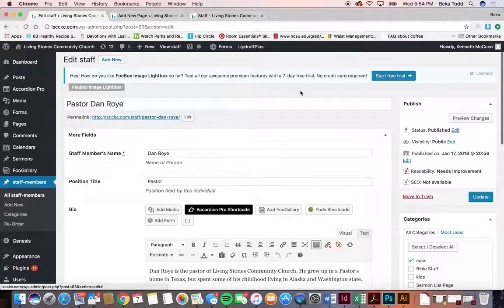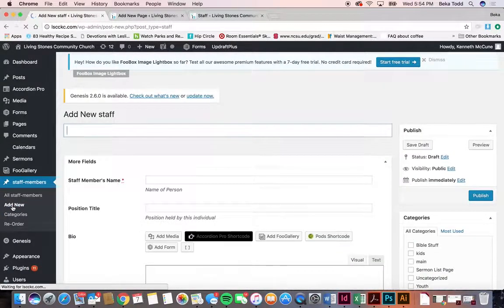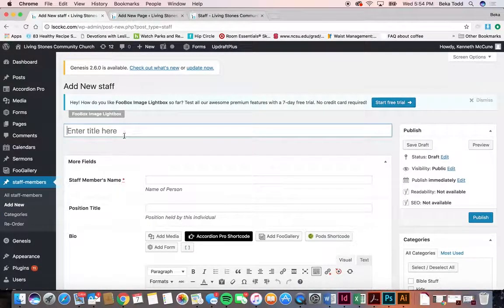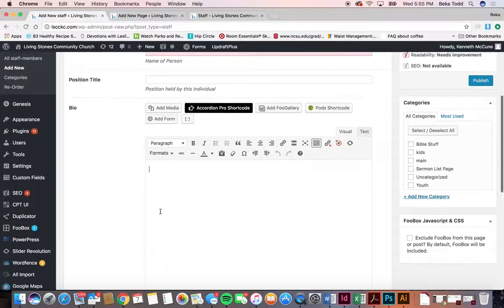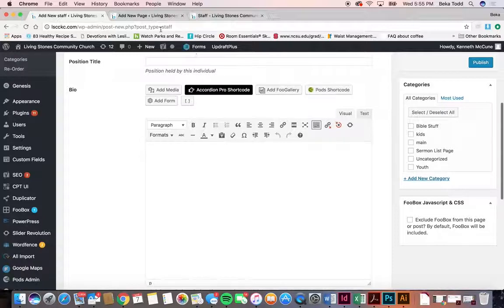If you need to add a new staff person, you would go to add new on the left or on the top, add their name, staff person's name. This won't appear, whatever's here. This is just for your reference. What will appear is what's right here, their title, their bio, and you'll want to categorize them as main because